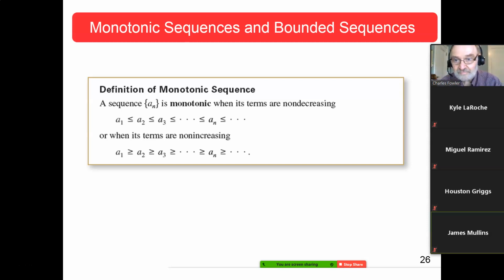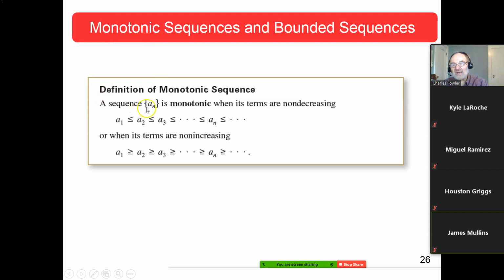Okay. Here's what we mean by a monotonic sequence. And you see the term mono, that means one. And what that means here is going in one direction, either constantly increasing or constantly decreasing. That's what we mean by monotonic. Something that's jig-jagging like that, not monotonic. Monotonic is consistently decreasing or consistently increasing.